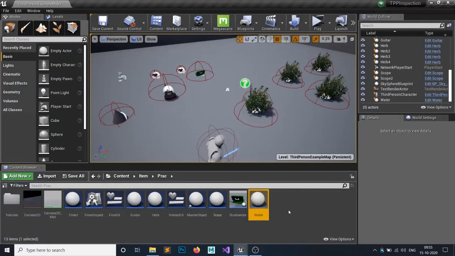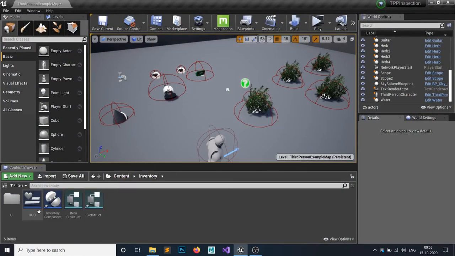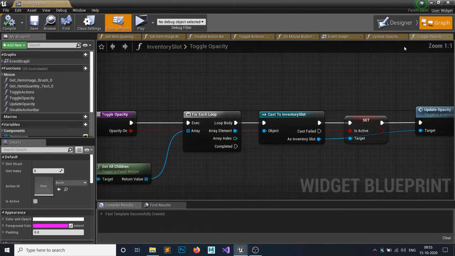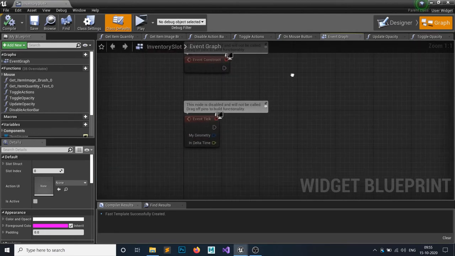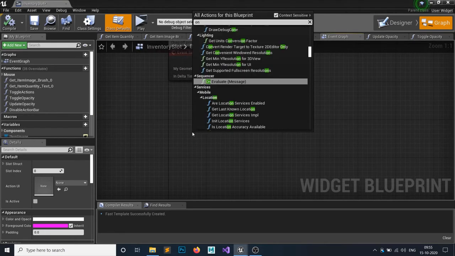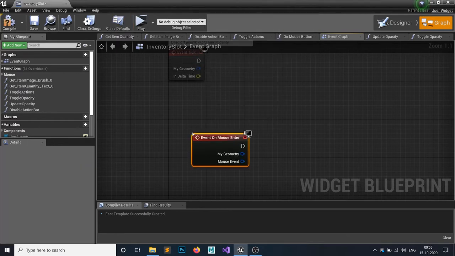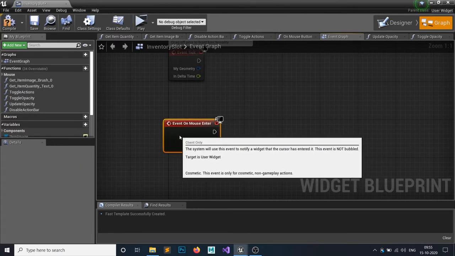Second thing, we want some transition effects. So open your inventory slot, and go to your event graph first. Add the on mouse enter event, and also the on mouse leave event.